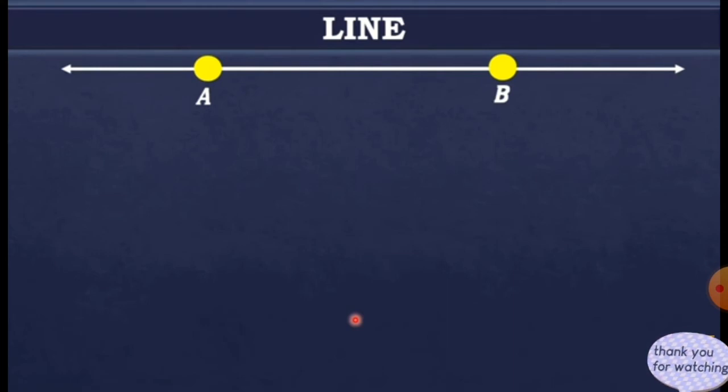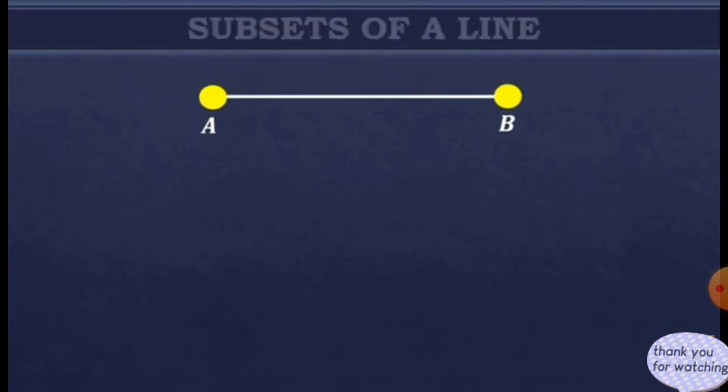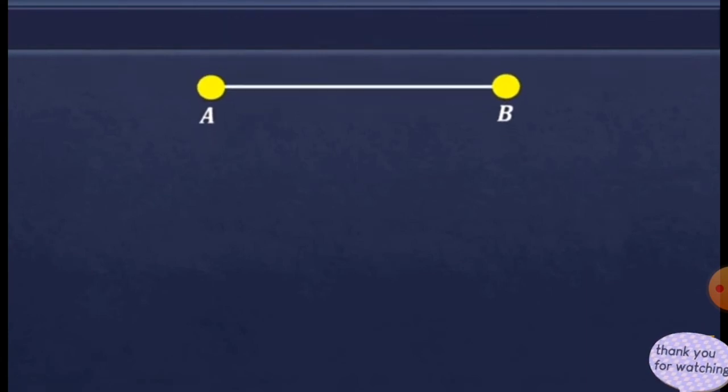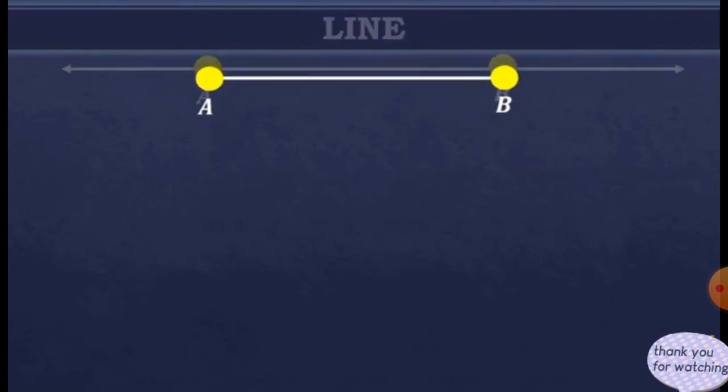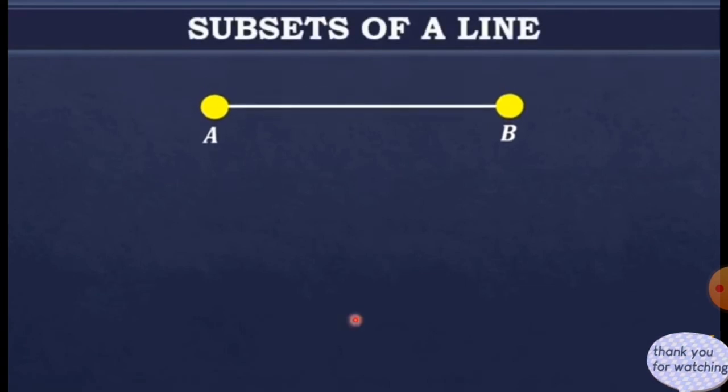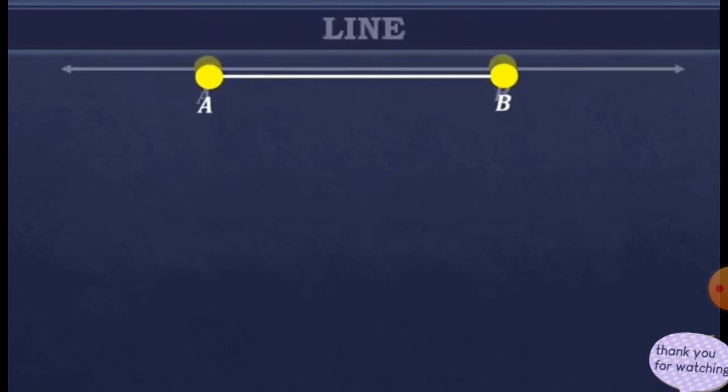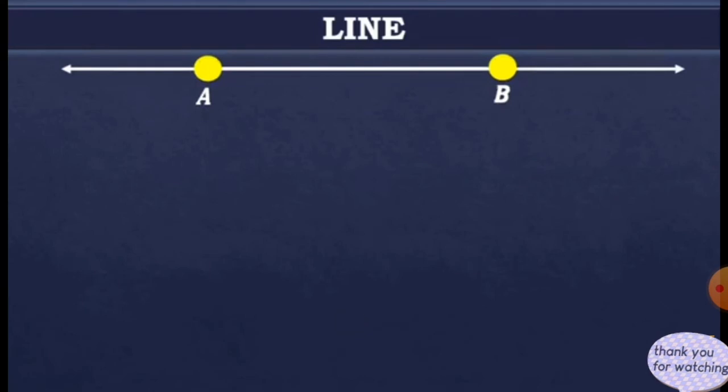Okay? Kung babalikan nyo yung concept natin ng set, pag sinabing subset, saan ba siya nanggagaling? Dun sa kabuuan. Okay? So, kagaya nito, line. Okay? So, ibig sabihin, itong mga subsets na to ay makikita po natin sa line. So, let's have the first subset. Okay? So, kagaya nito. So, this is your line. Kunin natin yung isang subset. Ito po siya. So, ito pong subset na to ay tinatawag nating